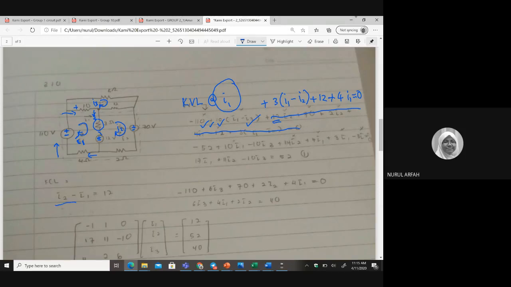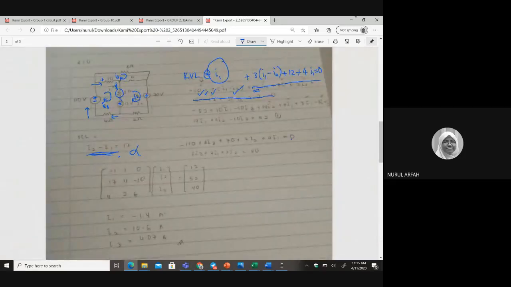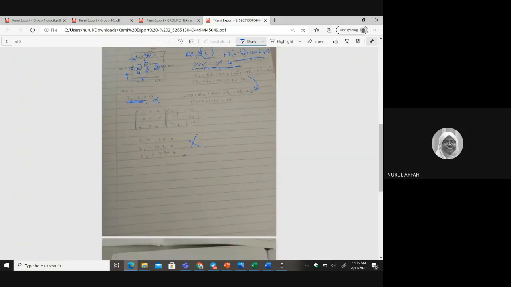Because this one only has 2 variables here. So this one I think is incorrect. The rest, apa? Maybe this part also, I'm not sure where it's coming from. Maybe this one coming from here. I think so. Tapi jawapan dia salah. Because kalau atas salah, bawah salah lah. Ini wrong, yang bawah tak apa.